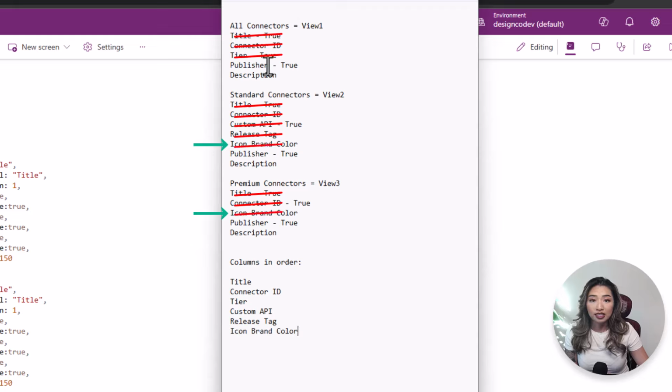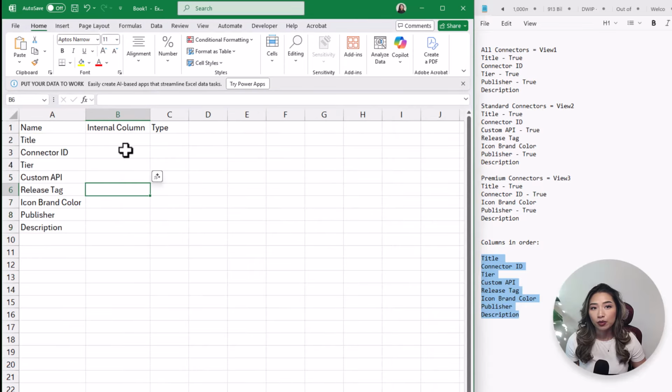And what else is missing? We have the publisher and the description. So from that order, we have the title, connector ID, tier, custom API, release tag, icon brand color, publisher, and description. For explanation's sake, I have put all the columns in a spreadsheet with their display names, internal column names,